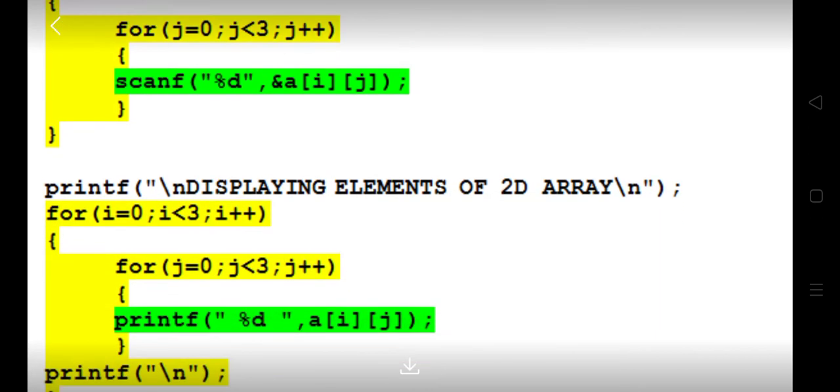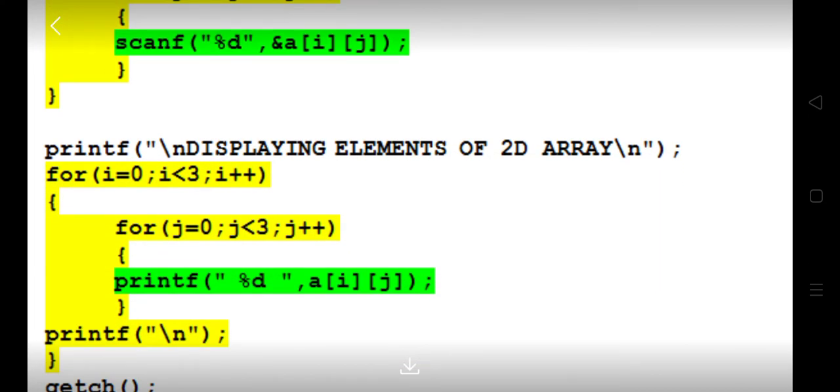The same set of for loops is applied to display the 2D array, which is represented in the green section by printf of A[i][j]. So in order to represent elements of a 2D array, we have to write A[i][j], where i is the external loop and j is the internal loop.